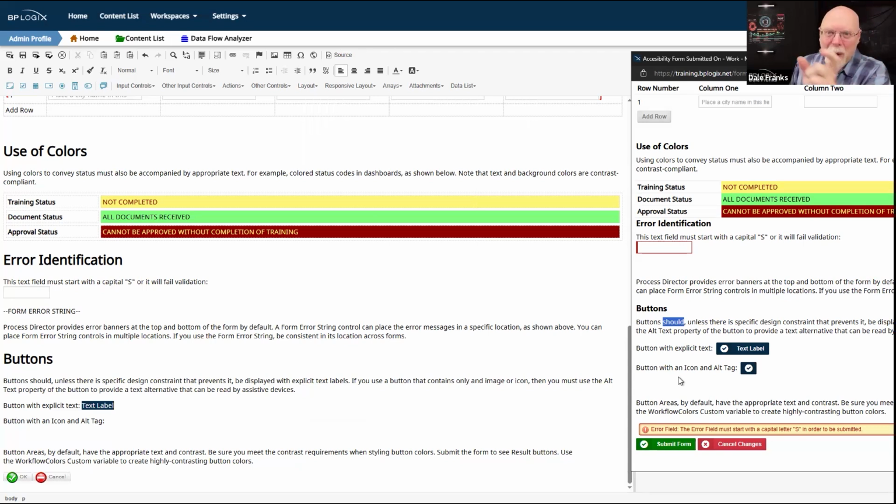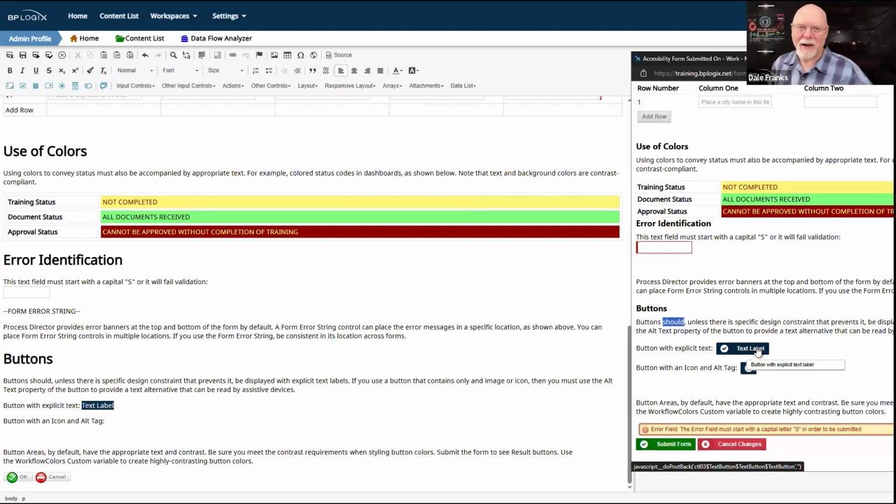I need to stick 5 buttons at the end of a row on a table. And if I try to do it with these text labels, that's going to be ugly. Or my table row is going to be 6 inches tall because I've got all of these buttons arrayed vertically in the cell as some method of trying to make them look good. So there may be, for design reasons, good reasons for just having a small button that just has an icon. So if you have to, you can do it this way.